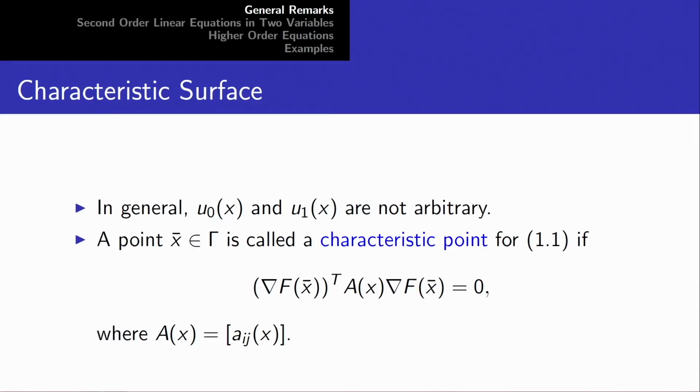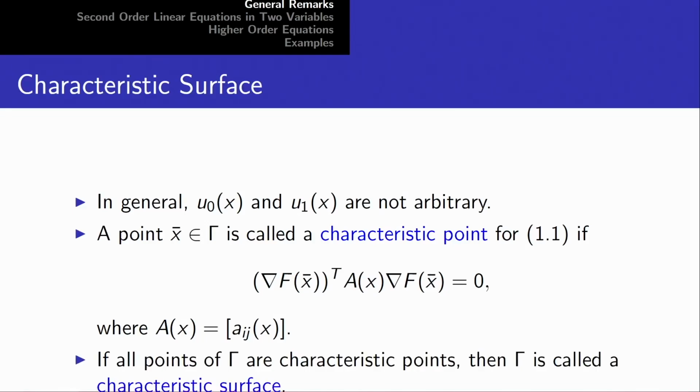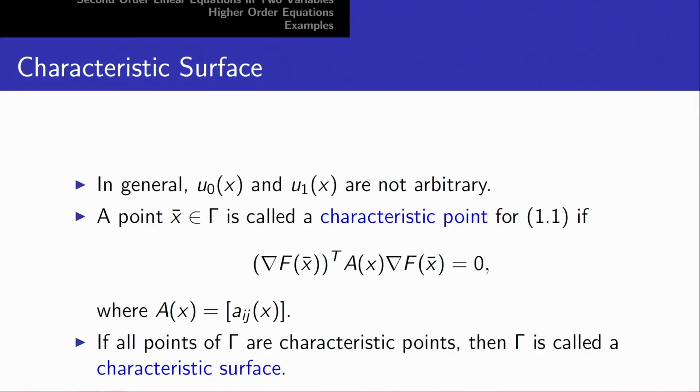So, at that point, if this happens, it is called a characteristic point, and if each point of the surface gamma is a characteristic point, then gamma is called a characteristic surface. So, if gamma is a characteristic surface, then the Cauchy problem is called a characteristic Cauchy problem, and if gamma is a non-characteristic surface, then the Cauchy problem is called a non-characteristic Cauchy problem, and generally